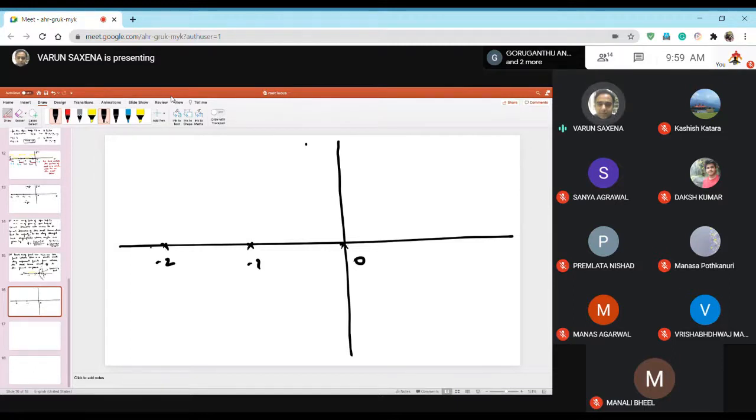A branch that originates from -2 will definitely go on this side only, because it cannot go to the side to its right, as there is no region of root locus between -2 and -1. So this is the only direction where it will go, and it will just keep on going this side, so it will approach -infinity like this. So that is sorted out. Now let's look at this -1. For this -1, the branch will always originate to its right, because it cannot originate to the left, as there is no region over here for the root locus to exist. So this branch is originating like this.